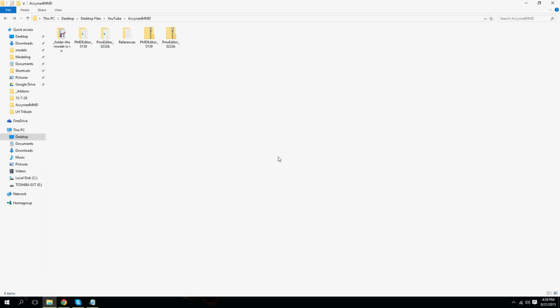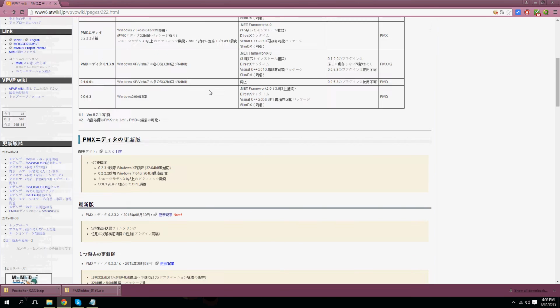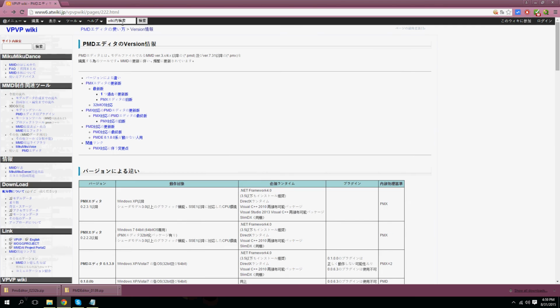I've been finding that the newer versions of the editor tend to have a broken import function, so upon trying to import a .x file, you get nothing in the viewer because nothing actually correctly imports. What I've been using to work around that is either an older version of PMX editor, if you can find it, or PMD editor version 139. If you go to the PMD editor wiki page, which should look like this, I'll put the link